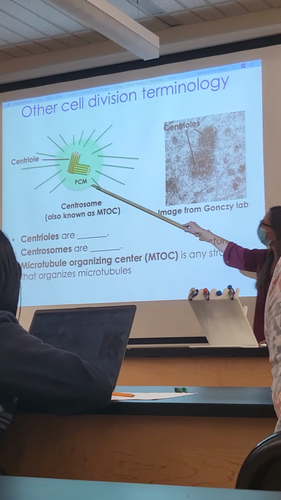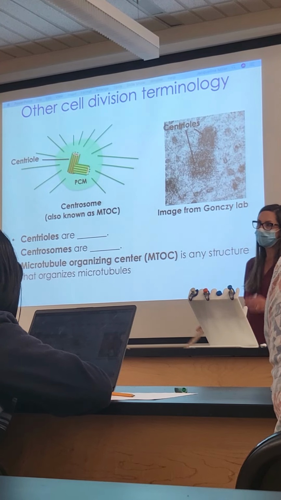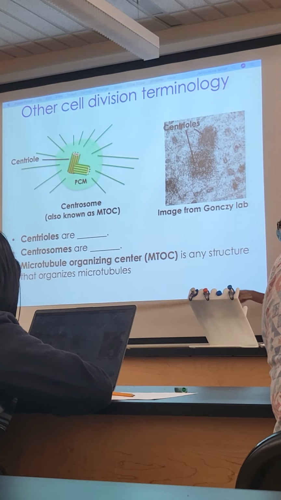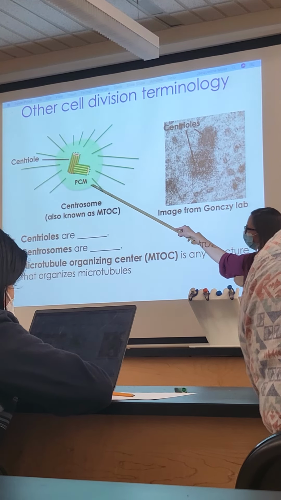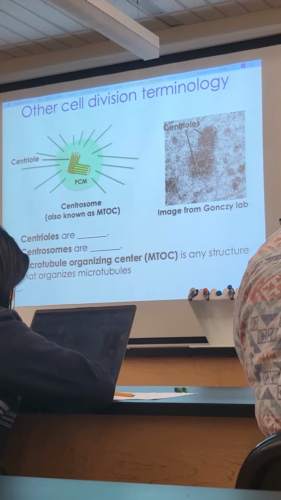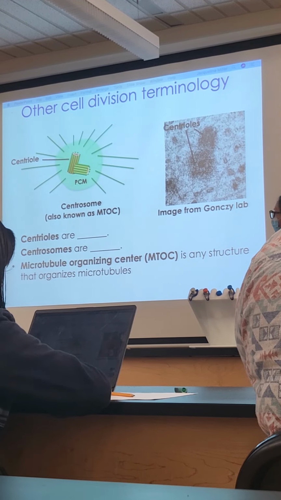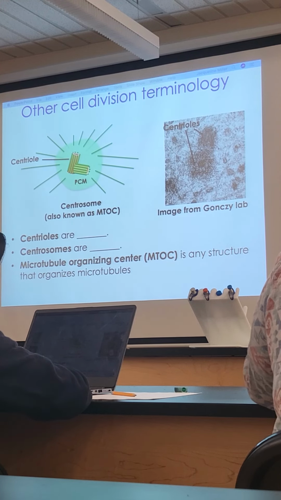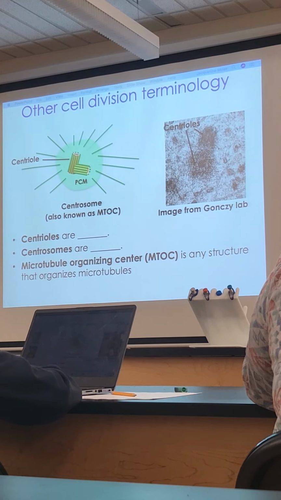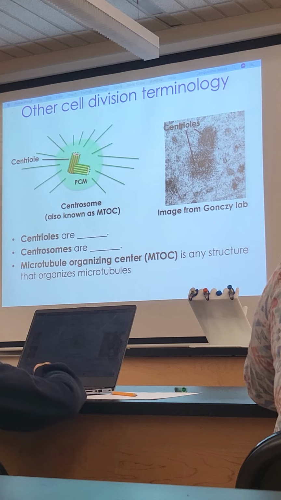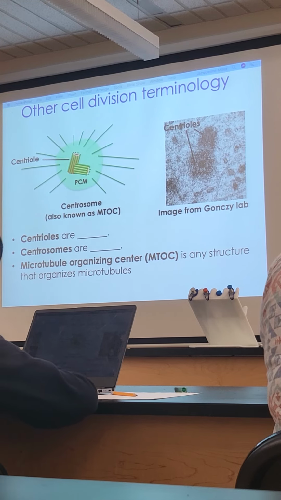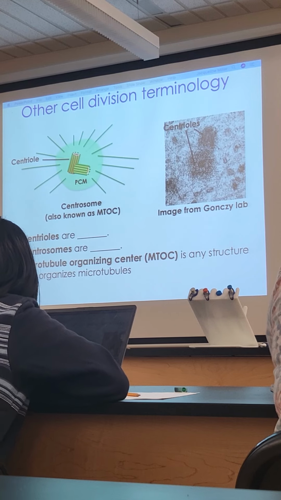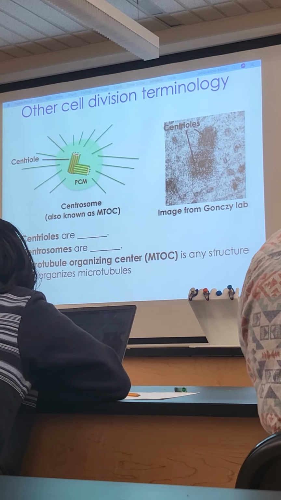So that's a bunch of proteins. This does not have a membrane around it, it's just a whole bunch of proteins. The purpose of this centrosome structure is to organize the microtubules. So if we were to draw here, coming out of this would be a bunch of microtubules. And during interphase, those microtubules are doing different things, and later on in mitosis, they're obviously used to attach to